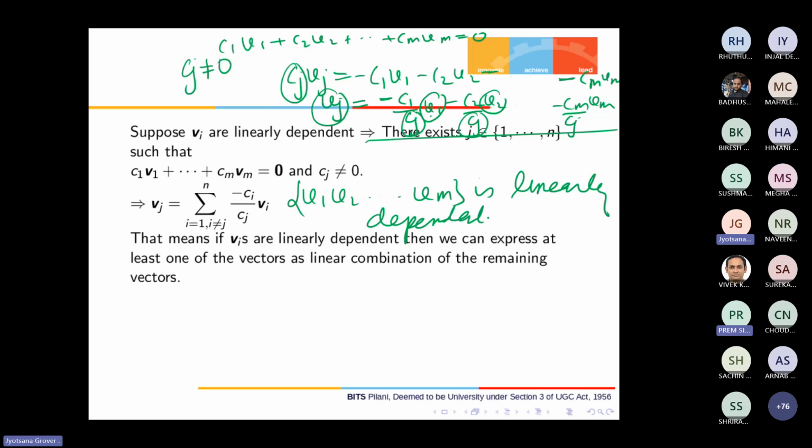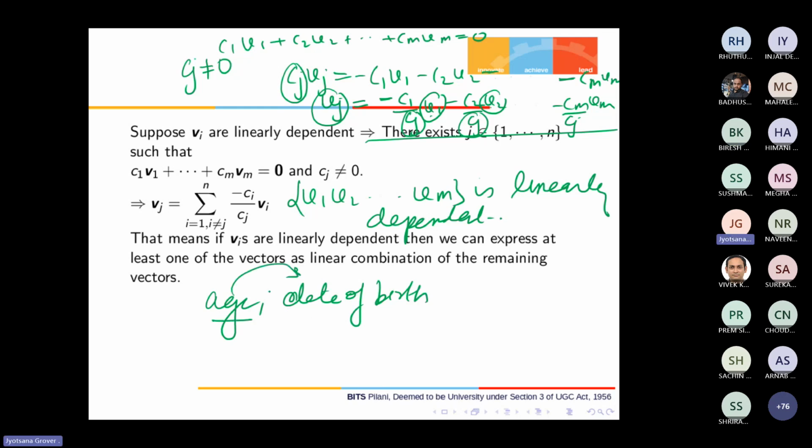I'll give you one example. In real world application, we don't want to work with linearly dependent features. We want all the features to be linearly independent, because if you have dependent features, they carry redundancy. If you have, say, 1,000 features and some of them are dependent on other features, like they're derived. For example,